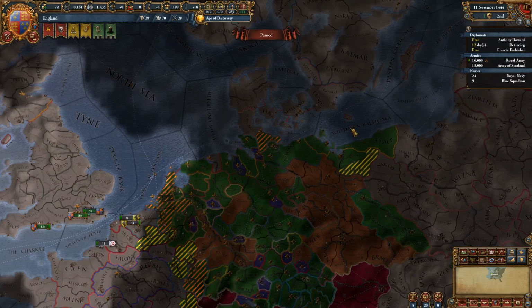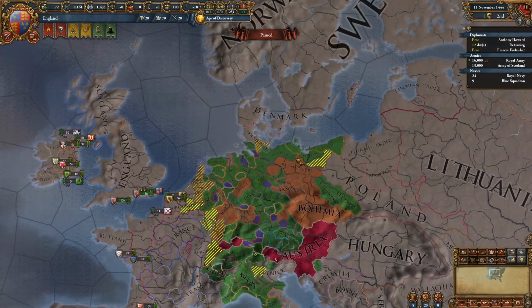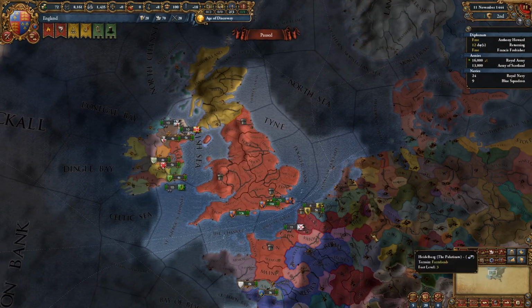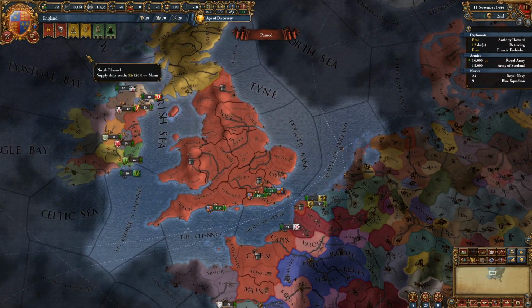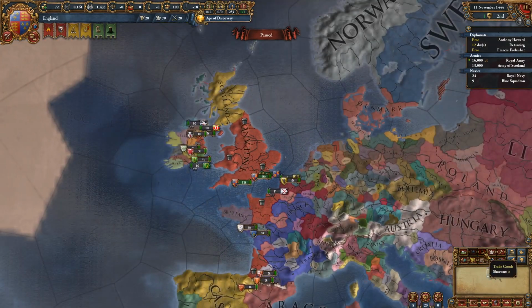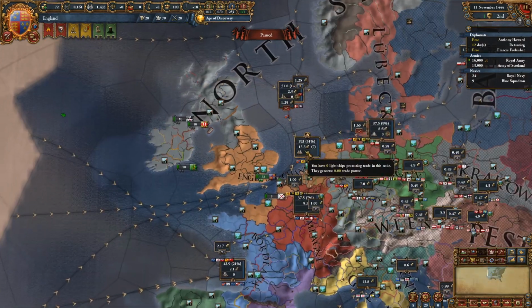Riga's easy, but Lubeck and stuff are going to stay in the HRE unless it gets dissolved, which means war with the Emperor, so probably Austria. Isn't that exciting? Outside of that, we should point out the fact that England has an endgame trade node, the